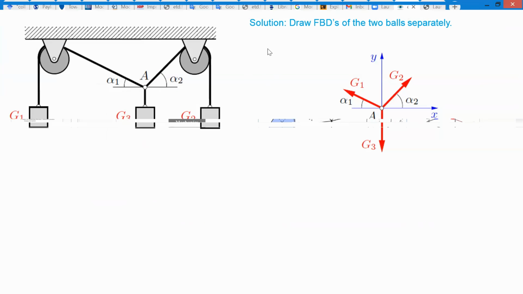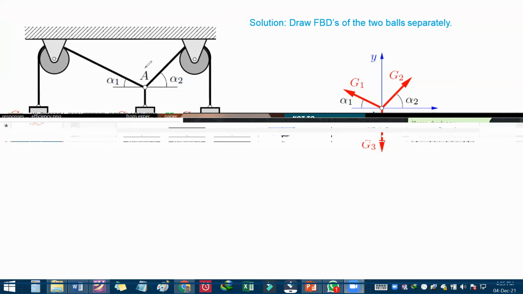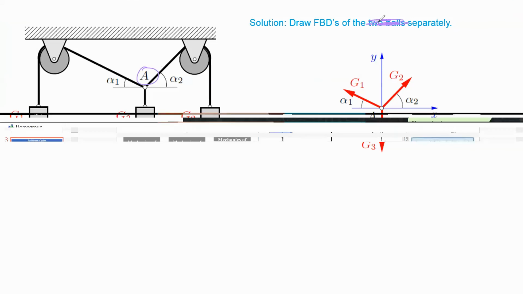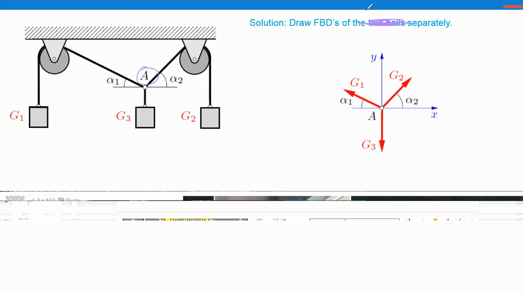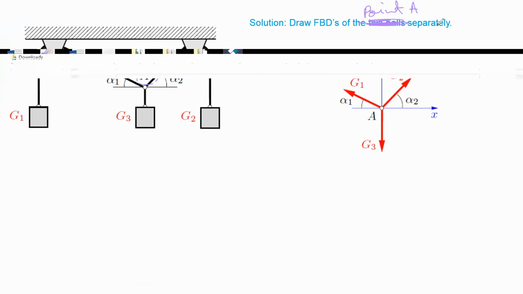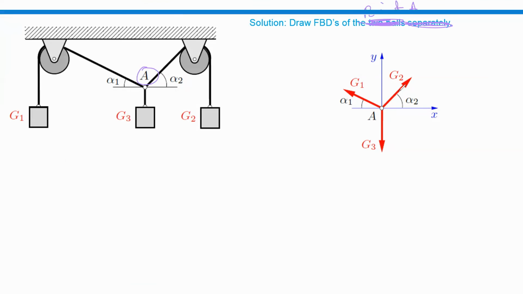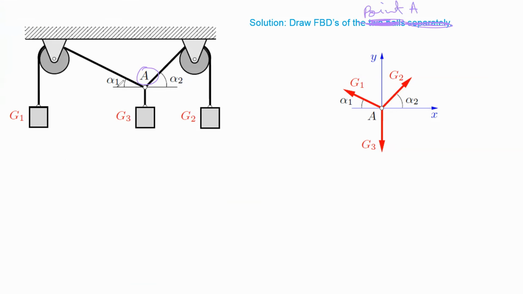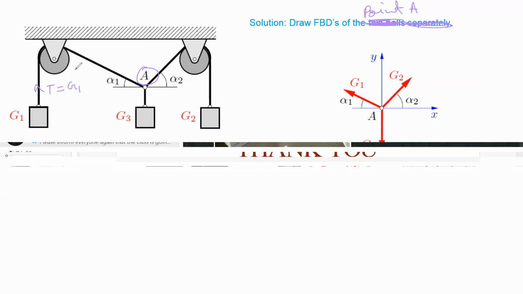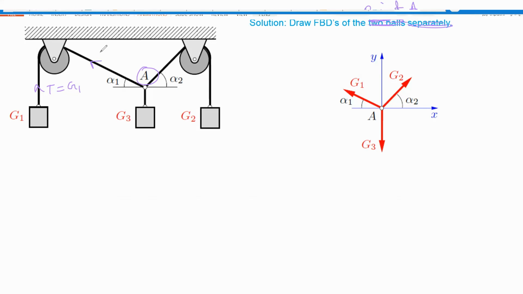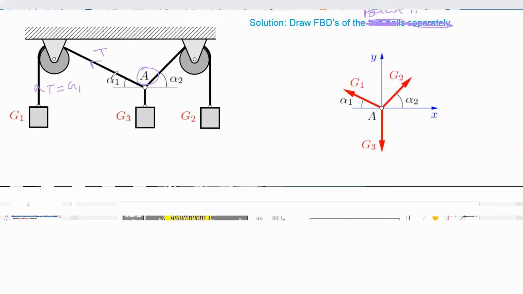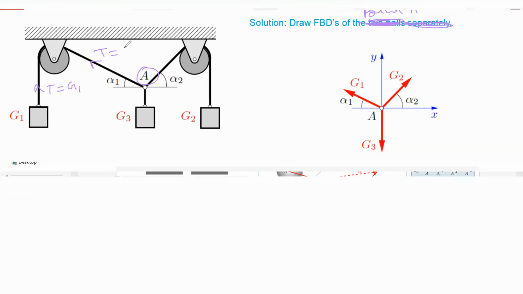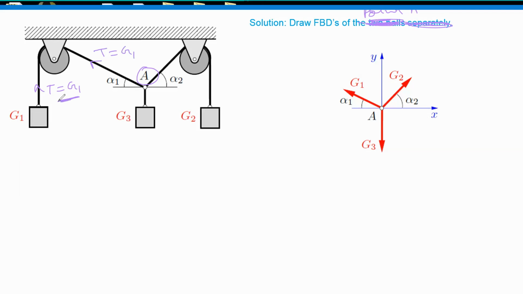So you can draw a free body diagram of point A, and it will give you this representation. Because these are ropes, this tension will be equal to G1, and the rope will be tensed here and here by the same force. That means you will get T again for this rope here, and you know that this T is equal to G1, which you have already established here.